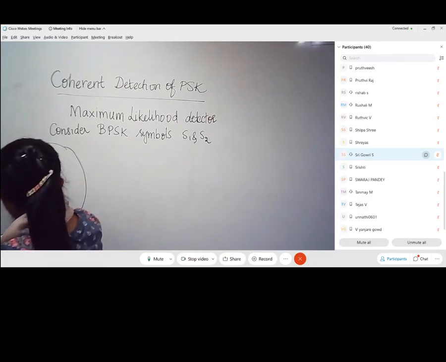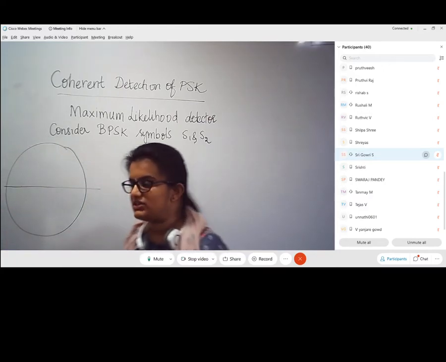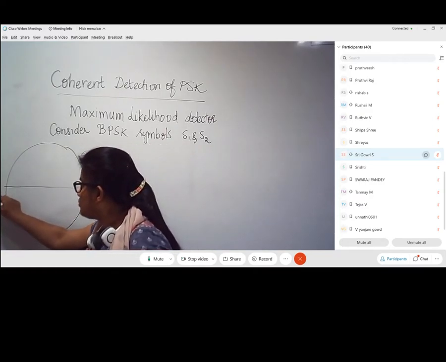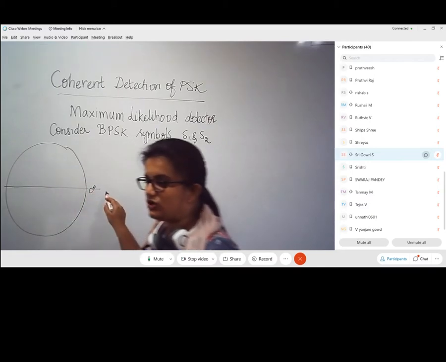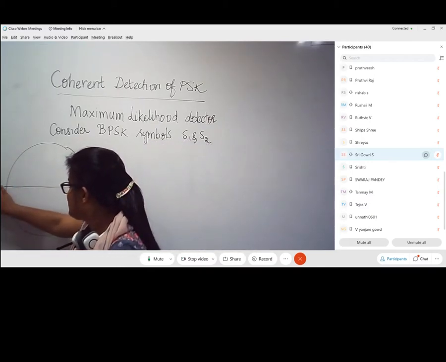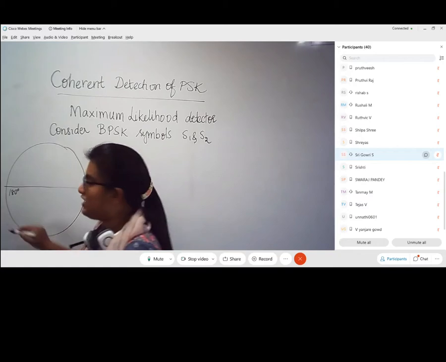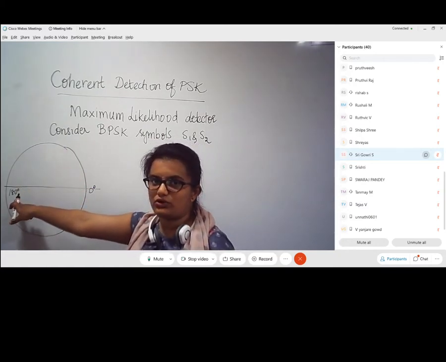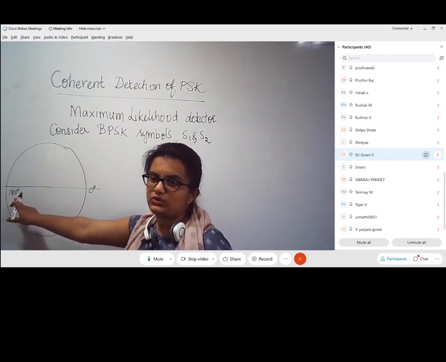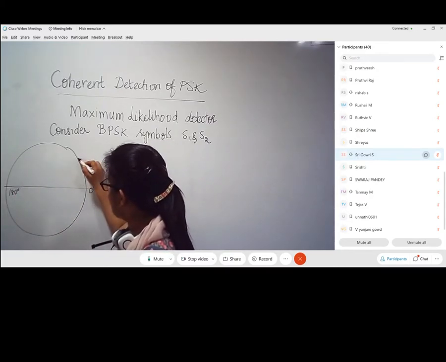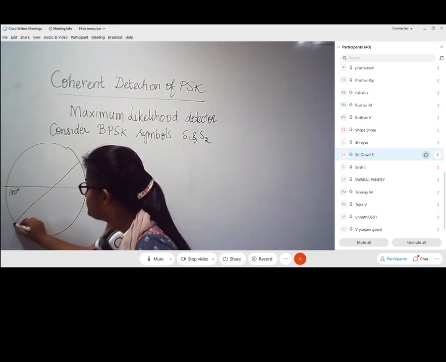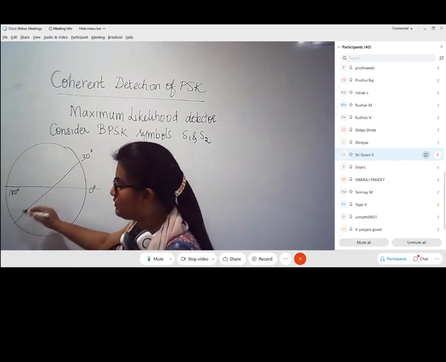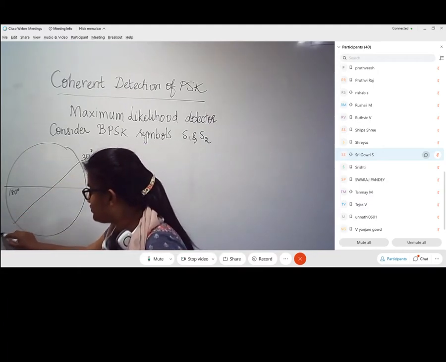So 0 to 360 is divided into two equal halves with two different phases, starting with 0 phase and 180 degree phase. This depends, of course, on the initial phase of my carrier. If the initial phase of the carrier is 0 degree, then the next phase that I am going to use for the symbol is 180 degree. Let's suppose the initial phase itself is 30 degree, then you are going to see the line somewhat like this. So this will be 30 degree and this one will be 180 degree plus 30, which is equal to 210 degree.